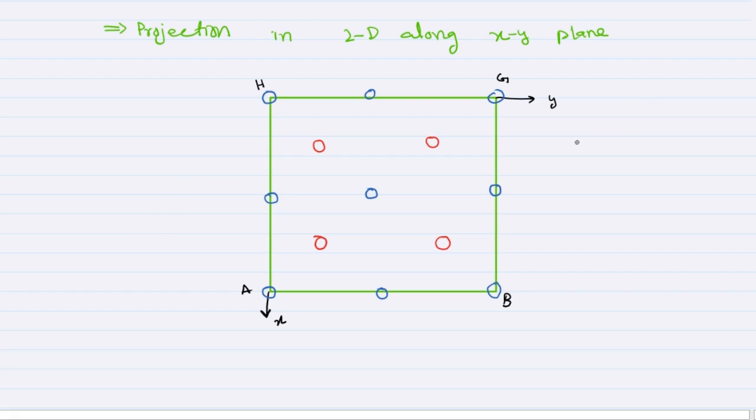Since this figure is in the x and y, so we will put the indices of the z-axis. We will write the indices of the z-axis with them. So these 4 are at the 0 z-axis, where they are at the half distance of the z-axis. And now when we come to the z atoms, this is 3 by 4 along z-axis. This is also 3 by 4 along z-axis. This is your 1 over 4 along z-axis, and this is your 1 over 4 along z-axis. So this is bottom face atom, so it is equal to 0.